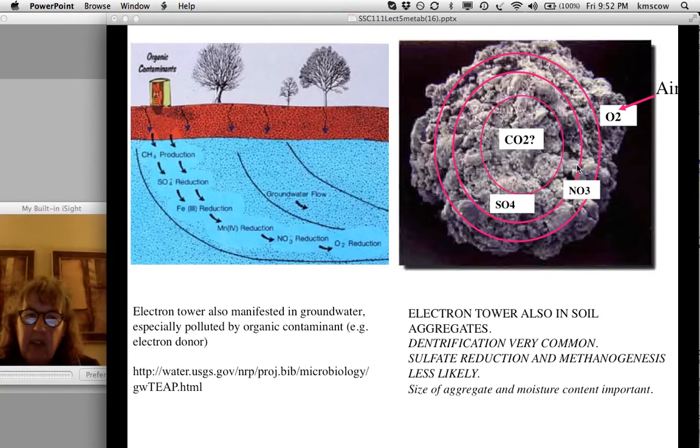So we estimate that you could have 20 to 30% of the nitrate that you add being denitrified, being converted to nitrogen gas, and essentially just off-gassing from your soil, like you thought you were fertilizing your plant. But a lot of it's just going to go straight to the atmosphere as nitrogen gas, and a portion of that is going to actually not make it all the way to nitrogen gas, but form nitrous oxide and contribute